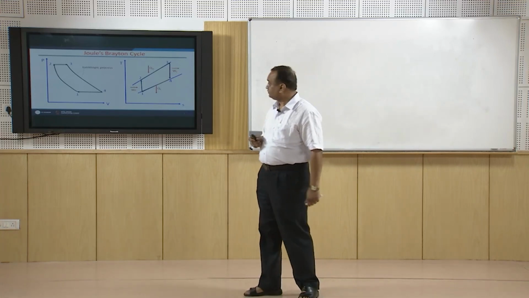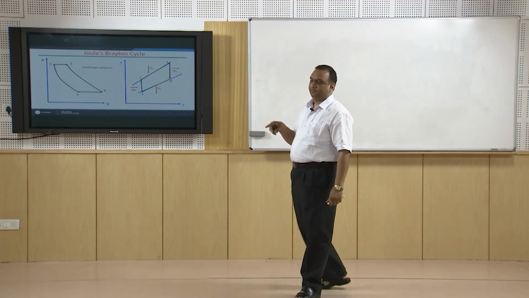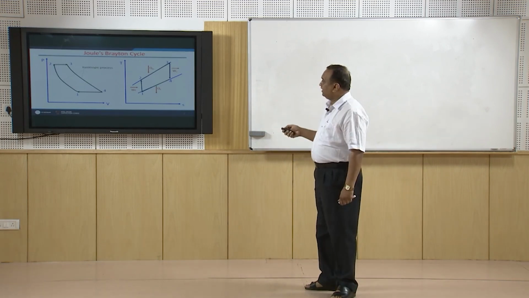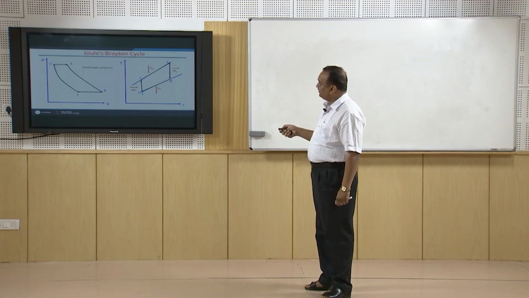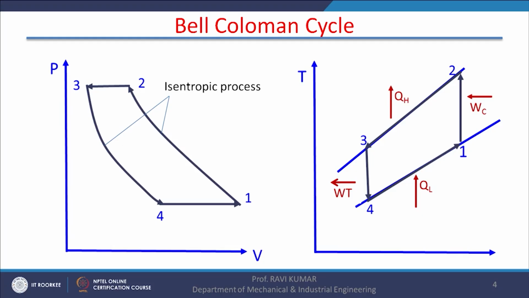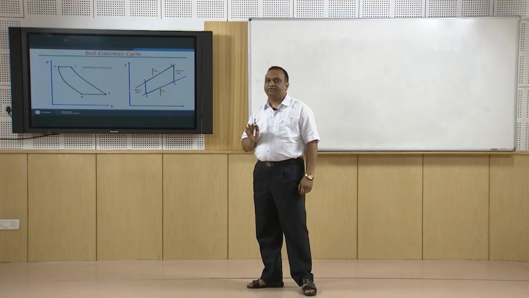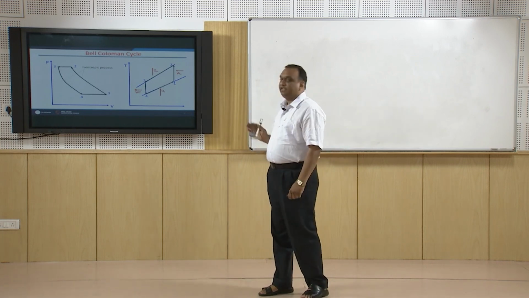Now if we reverse this cycle, reverse means instead of expansion in process 3 to 4, compression in process 4 to 3 takes place. Compression and then heat rejection, then 2 to 1 expansion and 1 to 4 heating. The cycle will become something like this. This is the reverse Joule-Brayton cycle, or it is called the Bell-Coleman air refrigeration cycle. It is called an air refrigeration cycle because in this cycle air is the working fluid,